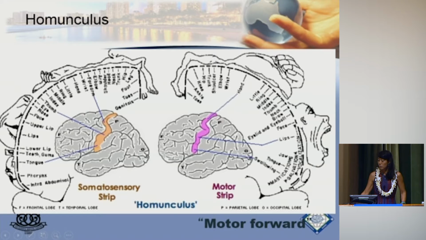The face and, of course, the tongue and the ability to move our tongue are very important. And here's the tongue here. And the sensory again follows similarly. So it's really helpful to know when we talk about different areas of stroke, for example, where you have maybe the anterior cerebral artery, and we'll talk about that, where the leg weakness comes because the anterior cerebral artery is lost. The anterior cerebral comes up and feeds this part of the brain, and the middle cerebral artery,